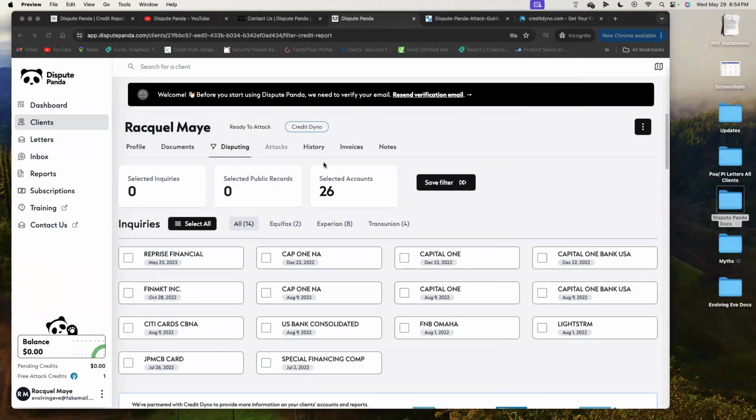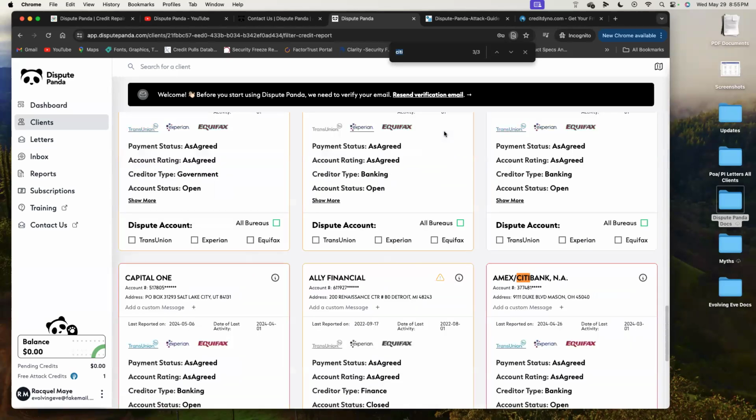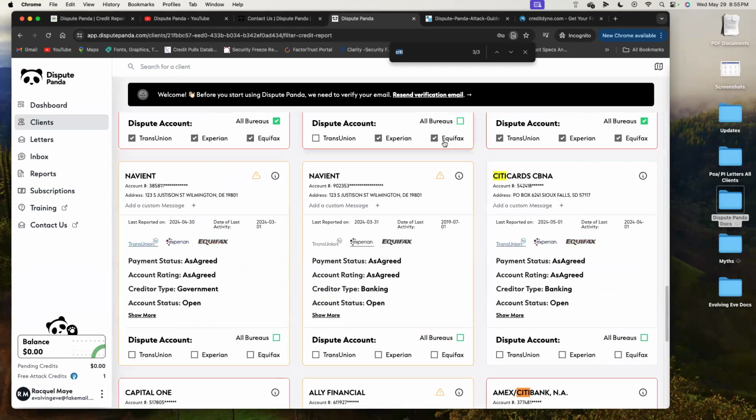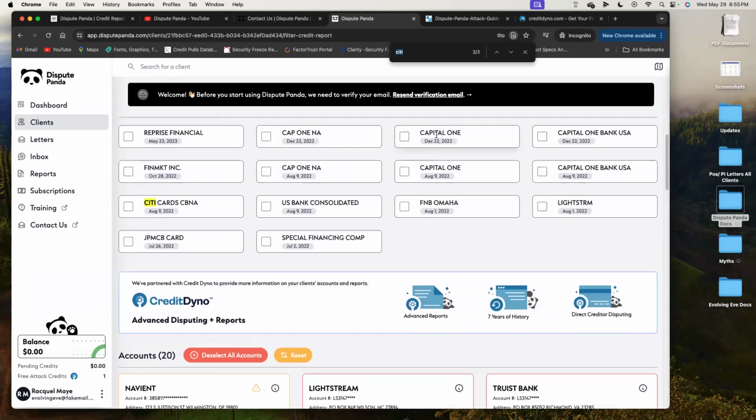All right. So the system is never going to generate and select your inquiries. It will show you your inquiries, but it's never going to select it at this present time because it does not know if it's attached to an open and active card. So you can do Control F, you can do Command F, and then search by typing in the particular account. If that account is open and active and it's a credit card, or if it's a credit line, we do not touch it. Don't touch it, period. If that account, however, is not attached to an open and active account, then you are able to go ahead and select it.